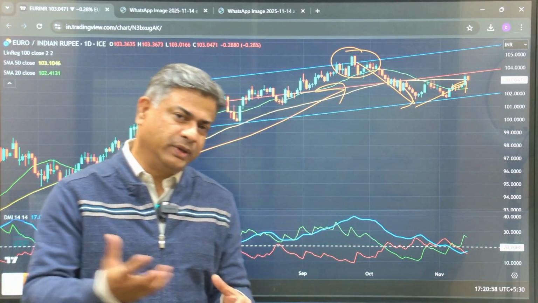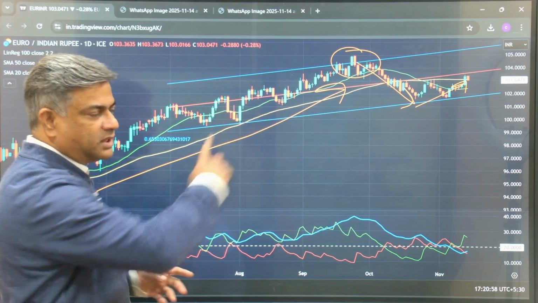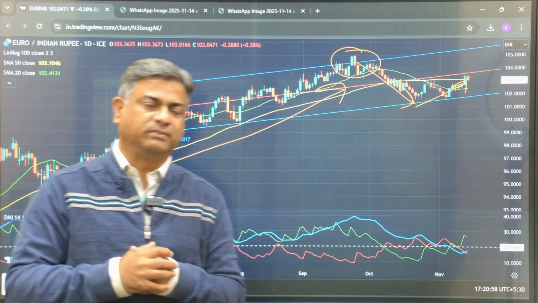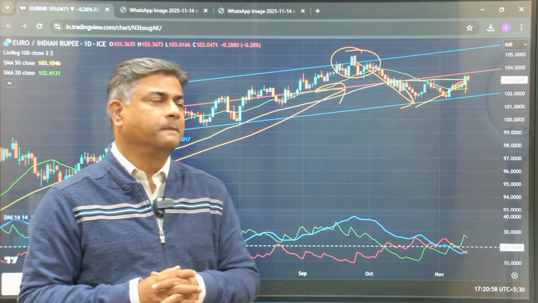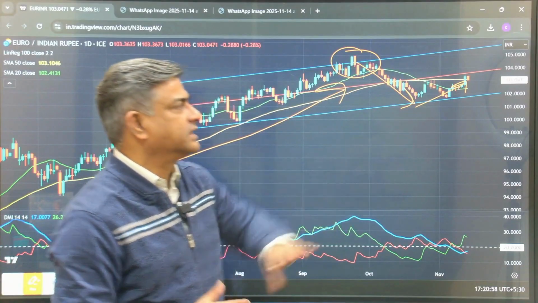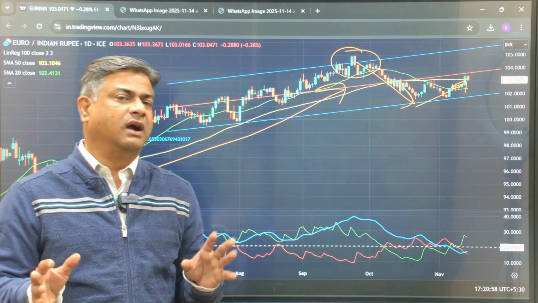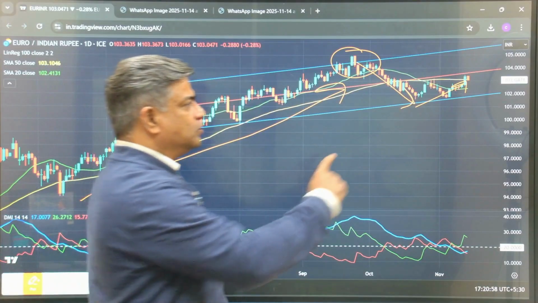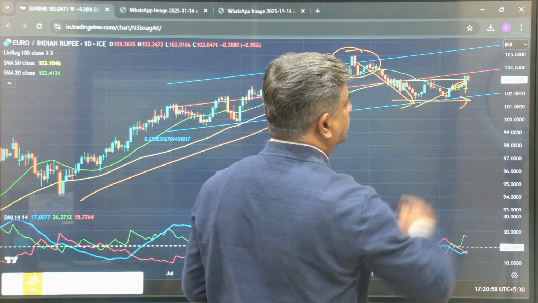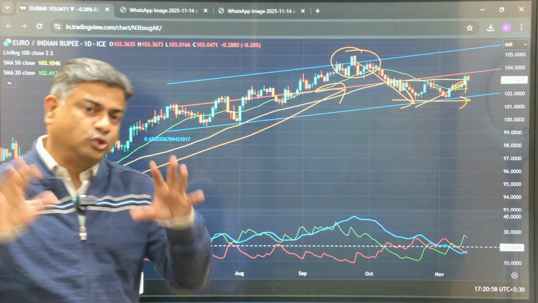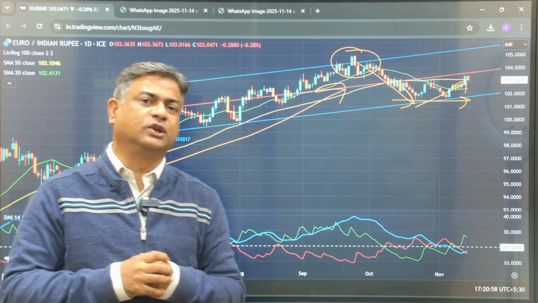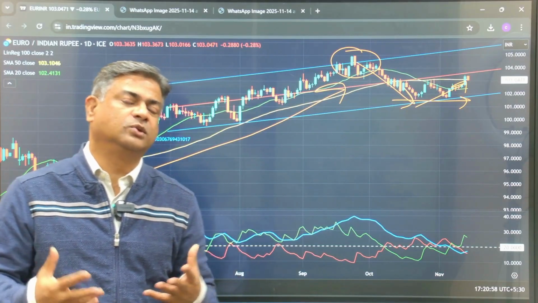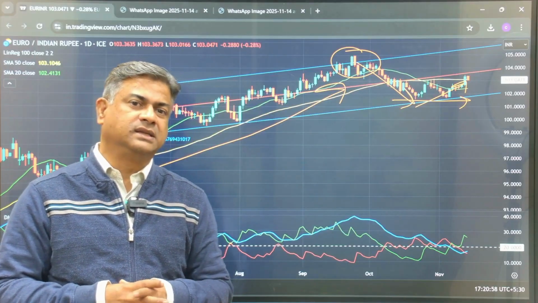Now what happens to importers? They've had a terrible time. Euro had gone higher by 10-12% in the last 7-8 months, so times are very bad for them. You can look for some bit of a corrective reaction to 100, 101. I think you should certainly look to get levels around 101. Those are the levels for you to look to hedge short term. I wouldn't recommend hedging long term, but you can certainly look to hedge short term liabilities